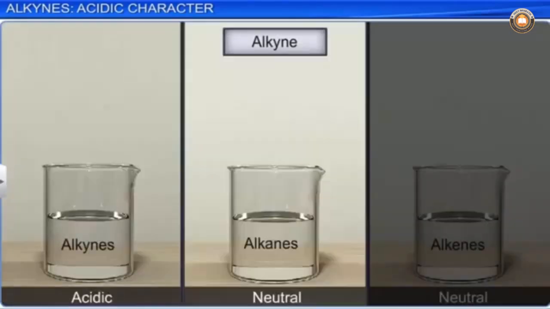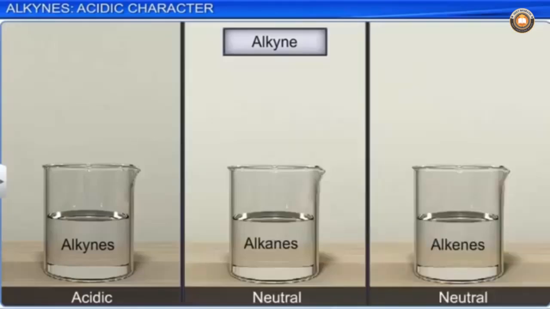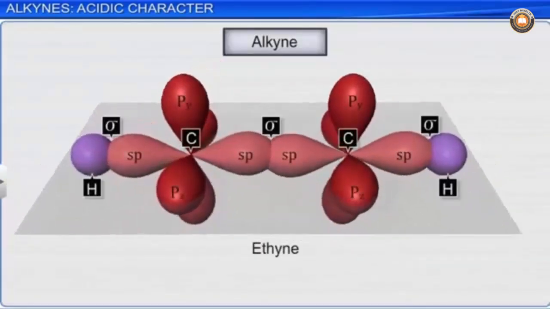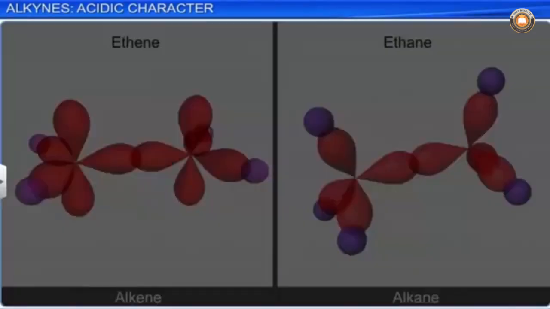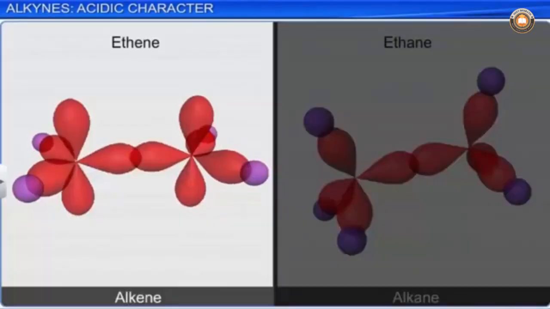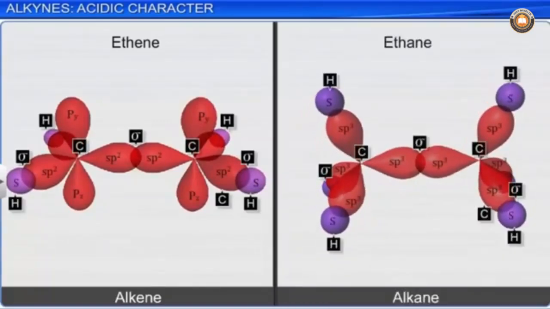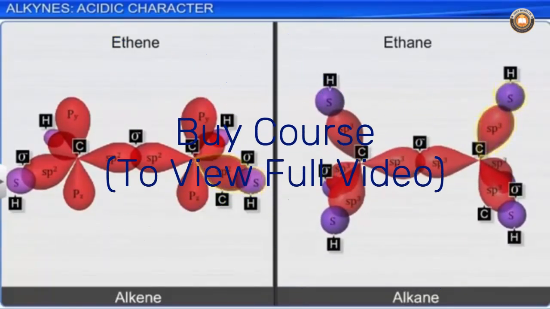Let's understand why. The hydrogen atoms in ethyne are attached to the sp hybridized carbon atoms. On the other hand, the hydrogen atoms in ethene and ethane are attached to the sp2 and sp3 hybridized carbon atoms, respectively. The sp hybridized orbitals of carbon atoms